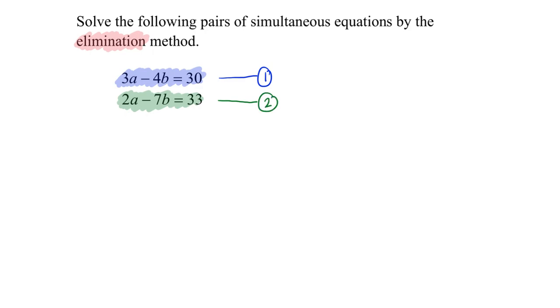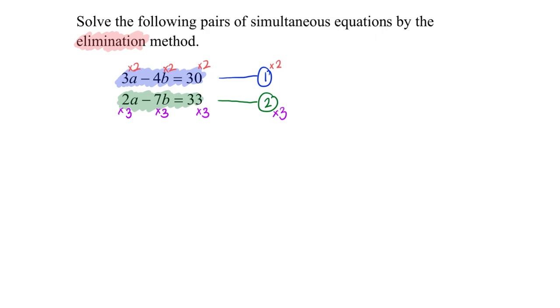And let's see. All the coefficients of the variables are different. Then we will need to make the coefficient of at least one of the variables the same. Mr. Tan is going to choose to make the coefficient of variable A the same. Meaning, I will times 2 for my equation 1. Later on, I will times 3 for my equation 2, such that the coefficient of A will be